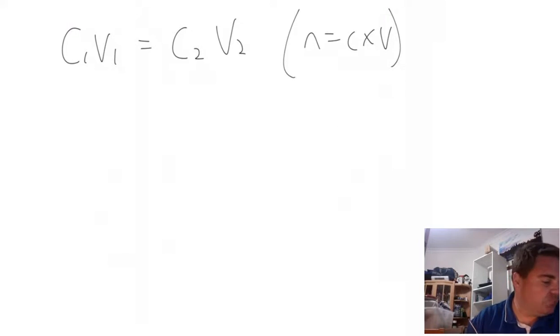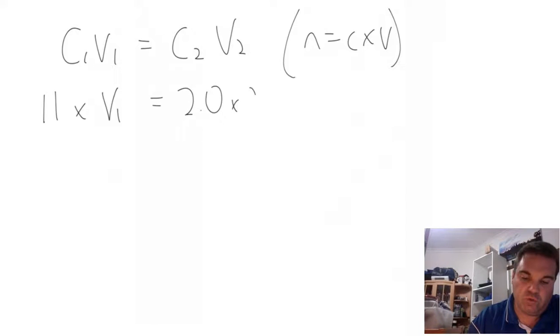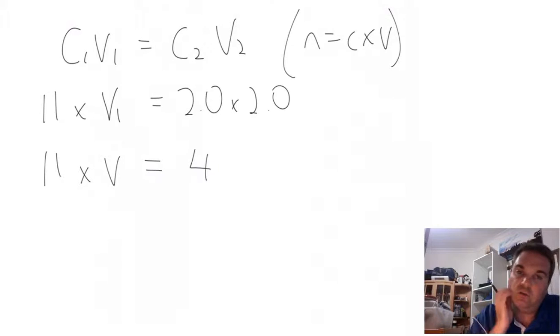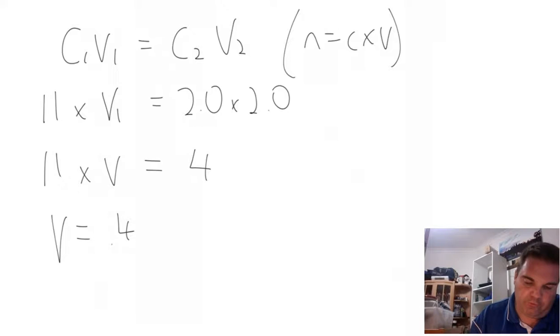So what we had was a concentration of 11 moles per litre in our first one, and we wanted to know what volume we were using there. In the second one we had a concentration of 2 moles per litre, and we had 2 litres that we were using there. So we know what volume of 11 mole solution we need to use to make a 4 mole one, to get it to be equal to 4. So volume equals 4 over 11, just rearranging, we divide by 11 on both sides to get rid of that one. So 4 divided by 11 is